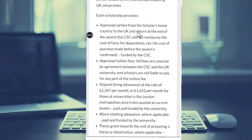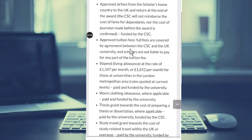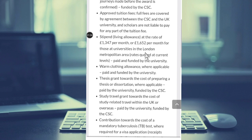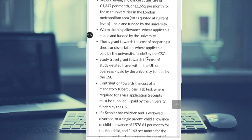With the financial assistance, the first one is the approved airfare from the scholar's home country to the UK and return at the end of the award. So your airfare is going to be catered for. Then two, approved tuition fees, so full fees are covered. You're also going to get a monthly stipend of £1,347 per month, or £1,652 per month. And then a warm clothes allowance,